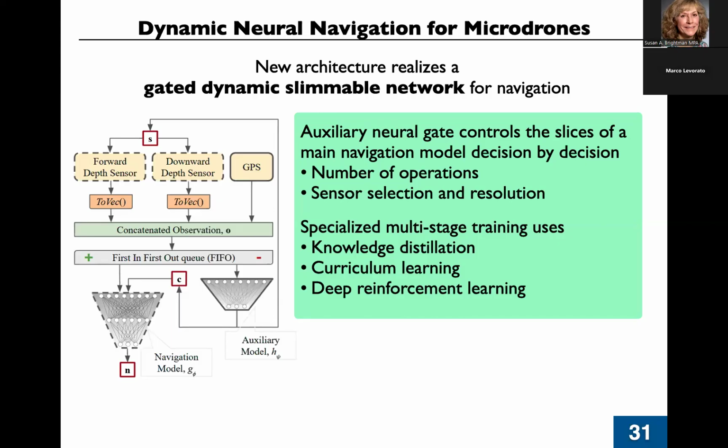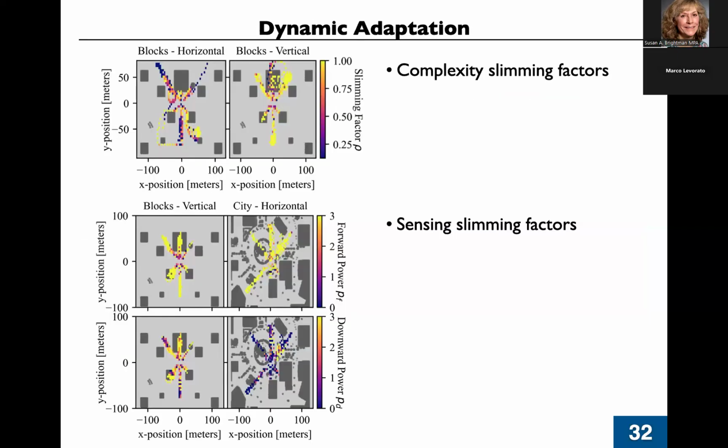Okay, so this is, by the way, a 10-stage training thing where you use deep reinforcement learning, knowledge distillation, curriculum learning. It's really a mess to train. I have one very talented student who apparently knows it all and could solve this, but it's really, really hard. And what you get is very interesting because you get the same idea that we got in the splitting part,